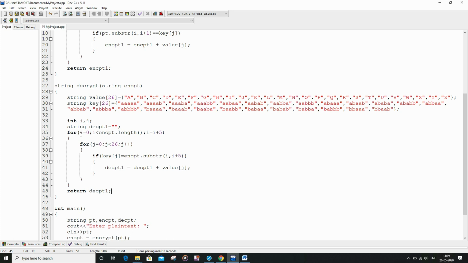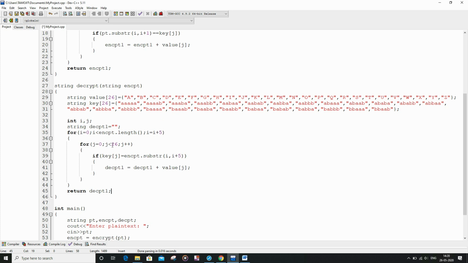So for that I wrote the for loop, and it is going to run the total number of characters present in the encrypt text divided by 5 times. So for each of the segments I am going to dive into the inner for loop.